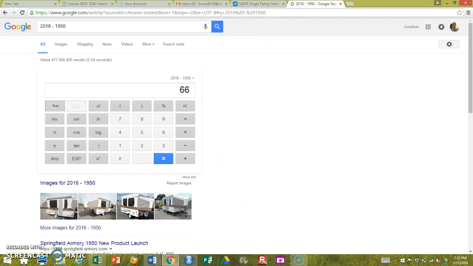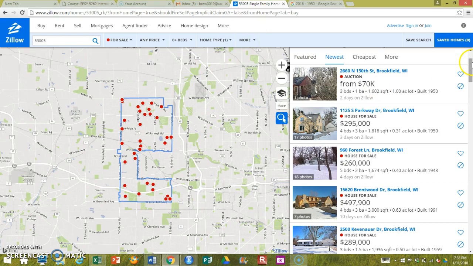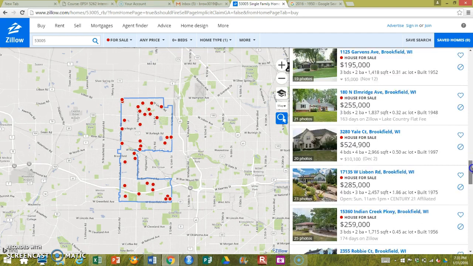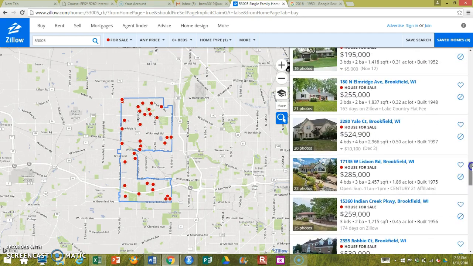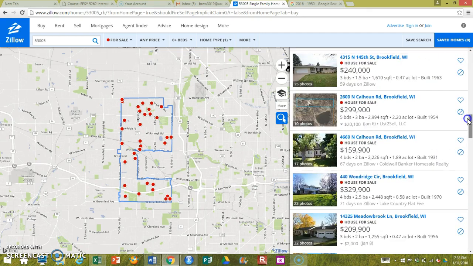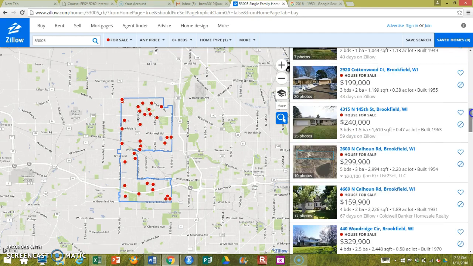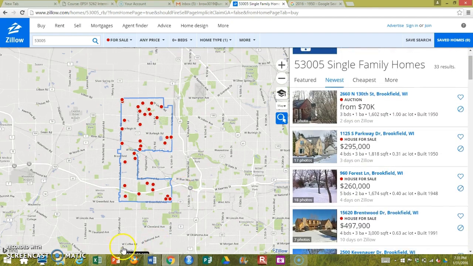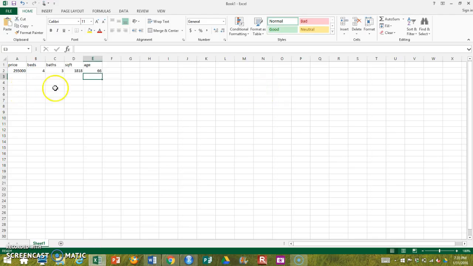And I want you to do what I just did right there, or if you find a more efficient way, that's fine, for at minimum 30 homes. So, this will take you maybe 10 minutes, so it's a little annoying, but I just want you to get the experience once of entering in some data by hand, just to appreciate how easy and how much data there is out there to analyze already. So just do this then a bunch more times, and so you have an entry of houses,